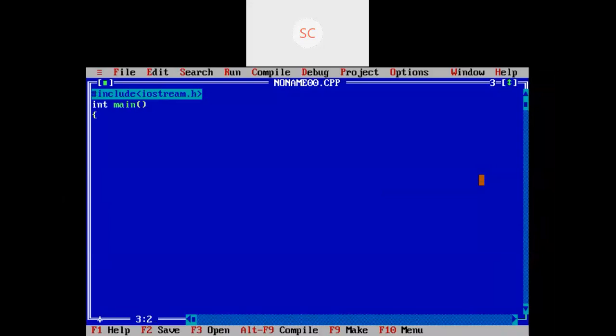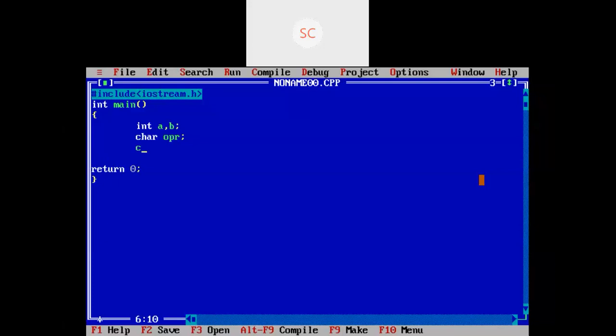If you are writing int main, you need to write a return statement at the end of the program, return 0. Here I am declaring two integer variables, a and b. Then one more variable, a character variable, because I am going to take one operator.